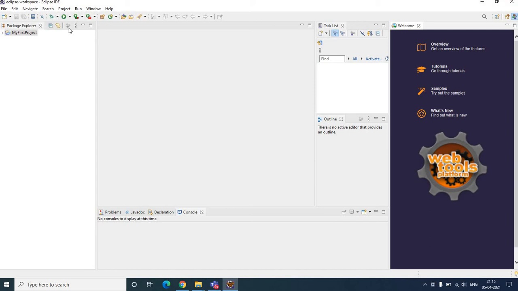Now in that window, this is called the Project Explorer window or Package Explorer window. Here the package named my first project is here. When you click this arrow, you will get the source. This is the SRC package. That is, this is your JRE system library, and then the SRC, this will be open.